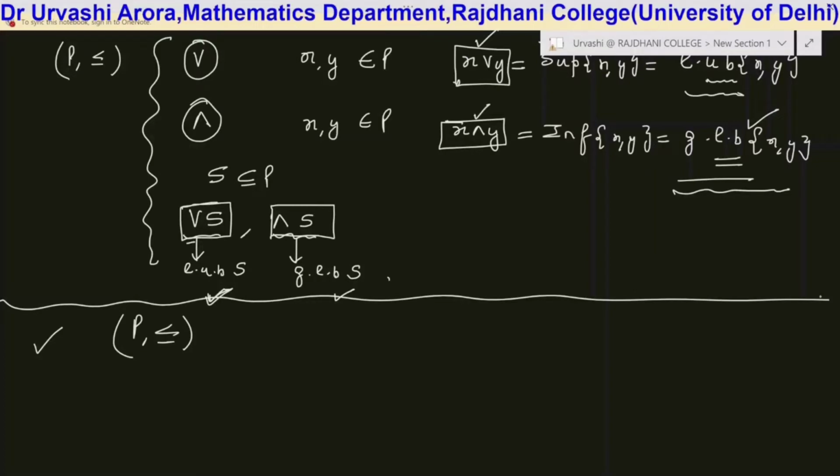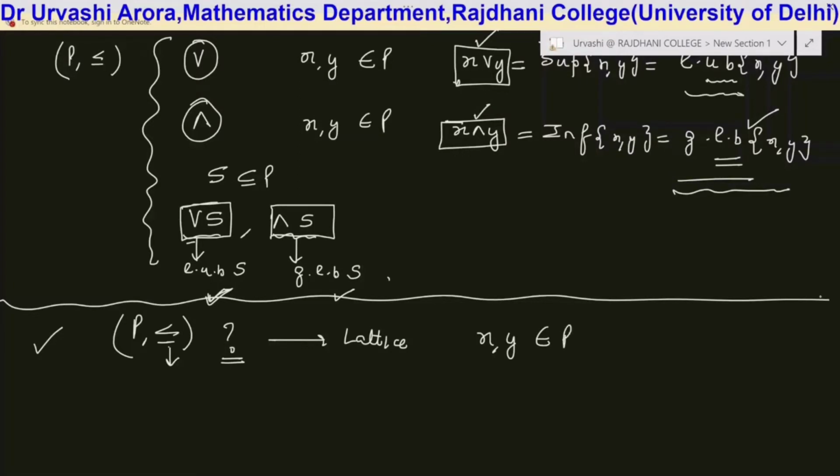Now suppose P, ≤ is a non-empty partially ordered set, where ≤ is the partial order relation. Now when is this set said to be a lattice? The set P, ≤ is said to be a lattice if